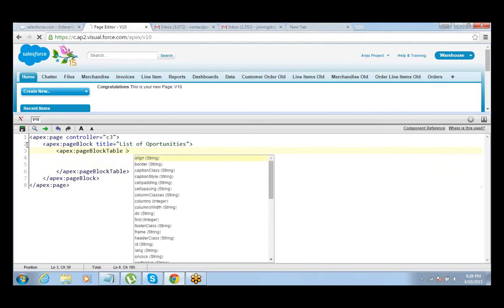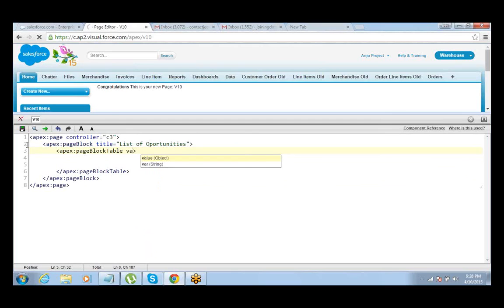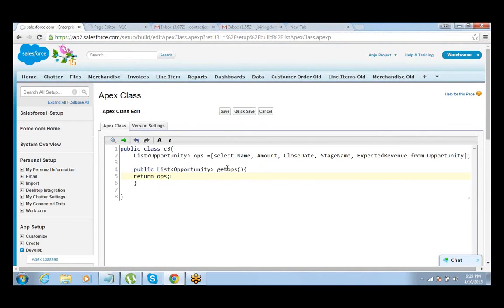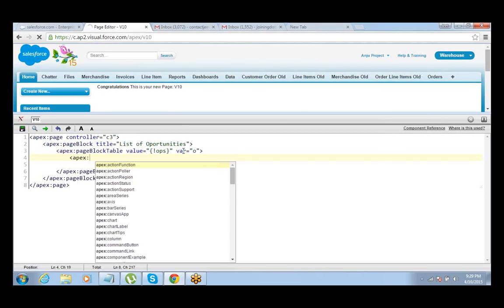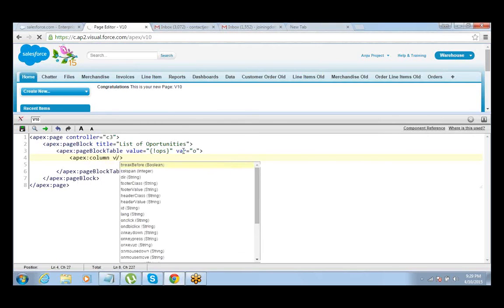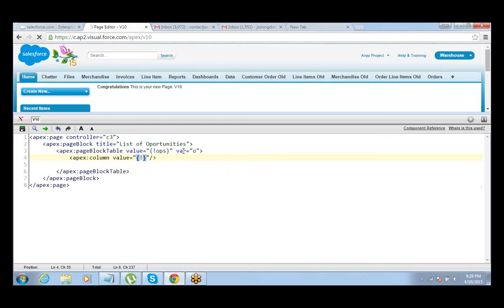Now in the page block table, value. So Sonu, I think you were stuck here. Value should be the name of the method. My method name is getOps. So this is the method name. And the variable can be again anything. Let me put it as O. And then you create the columns. Give it a value, say O dot name, and repeat all the other fields.